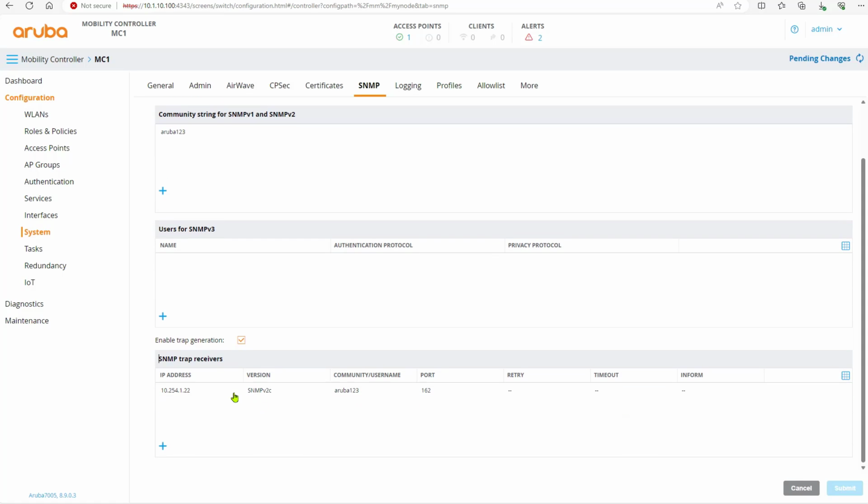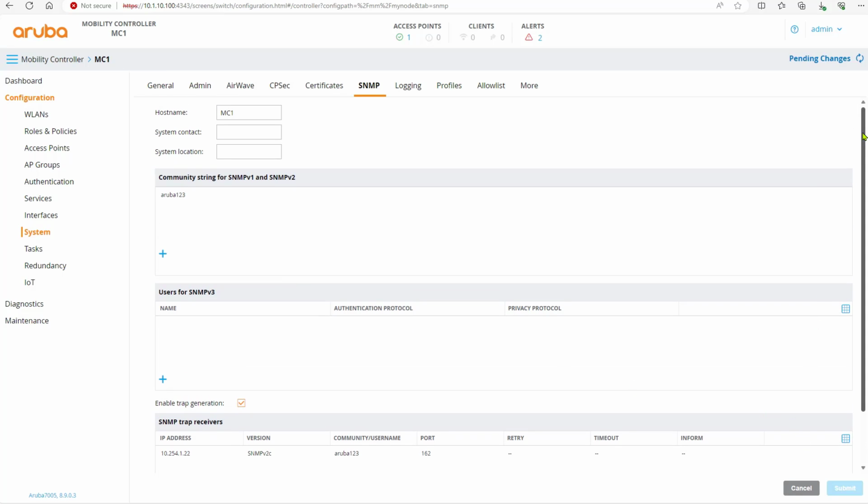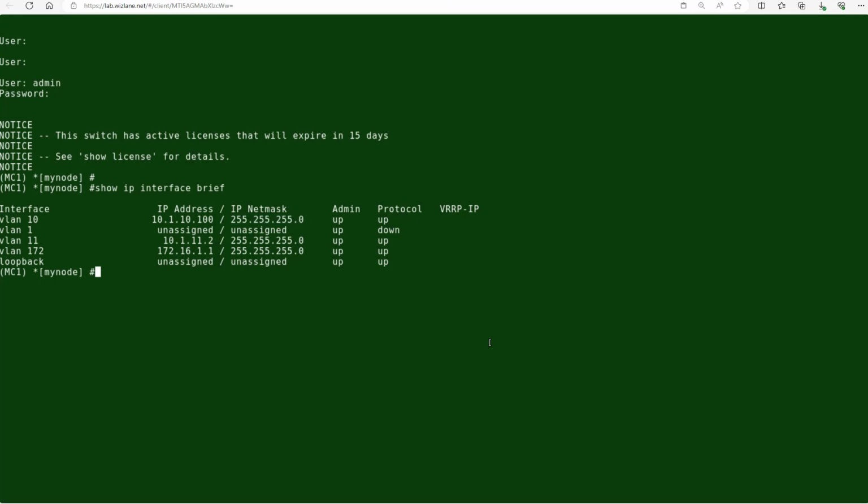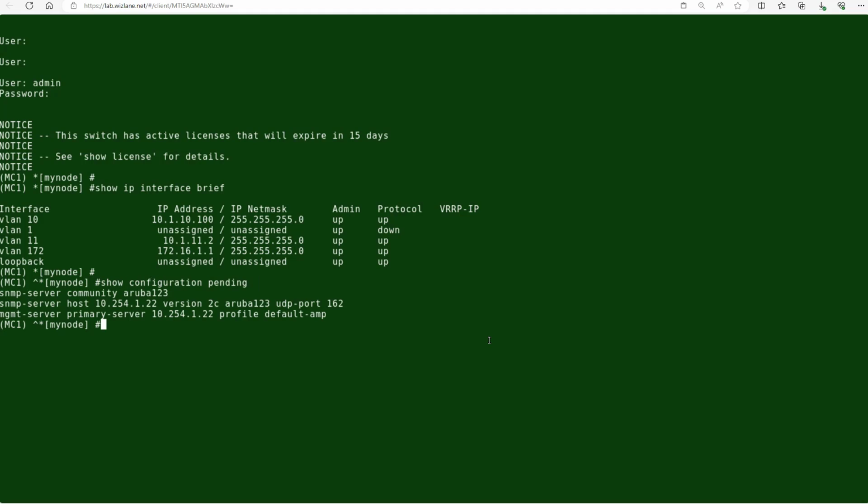So Airwave is aware of that, and that is now enabled by default. We are ready to go and apply binding changes. Before we apply binding changes, I'll show you the commands that have been issued. On the mobility controller command line, we can issue the command show configuration pending, and we can see these are